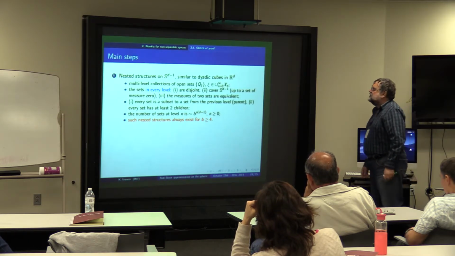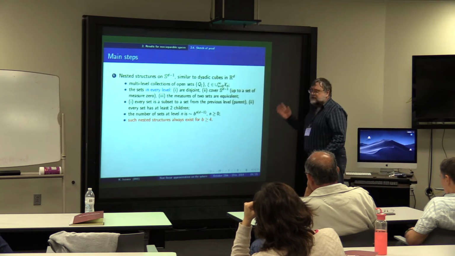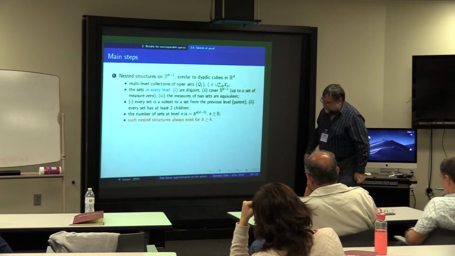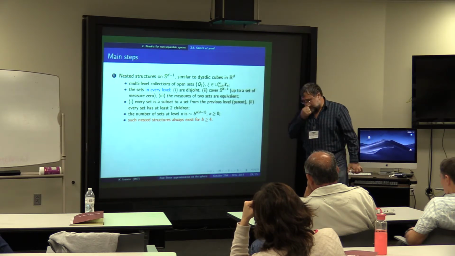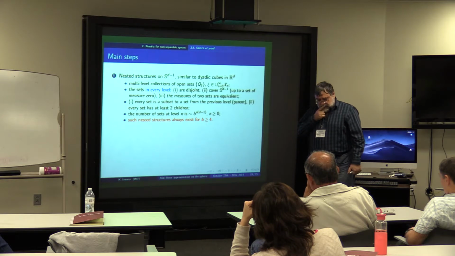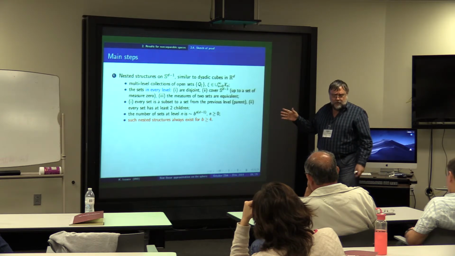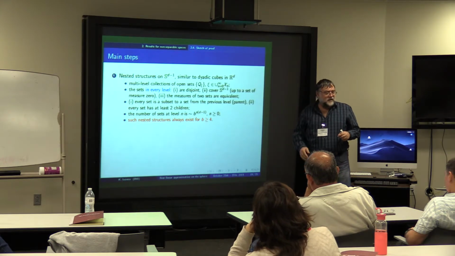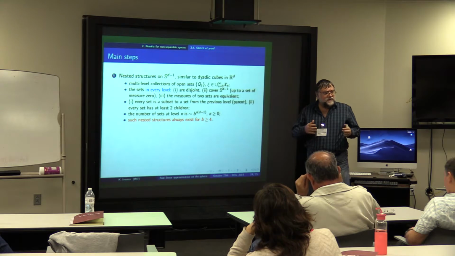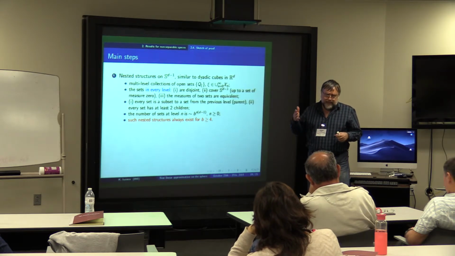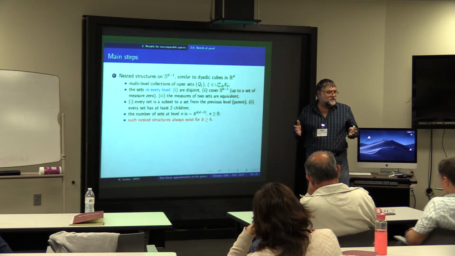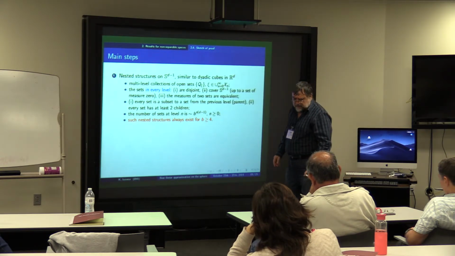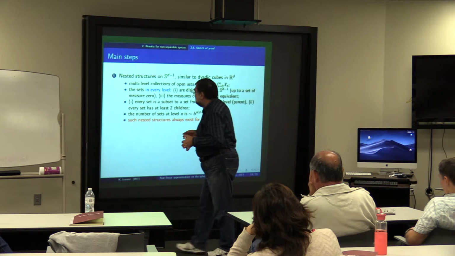Okay, now, something about the proof. Sketch of the proof, it is not going to be the proof, we are far away from it. First, in order to work in BMO, we need some kind of nested structure, I will explain. There is no need for such a nested structure when you work in HP, P less than infinity. But this is the analog for P equal to infinity. We have to make some kind of nested structure.